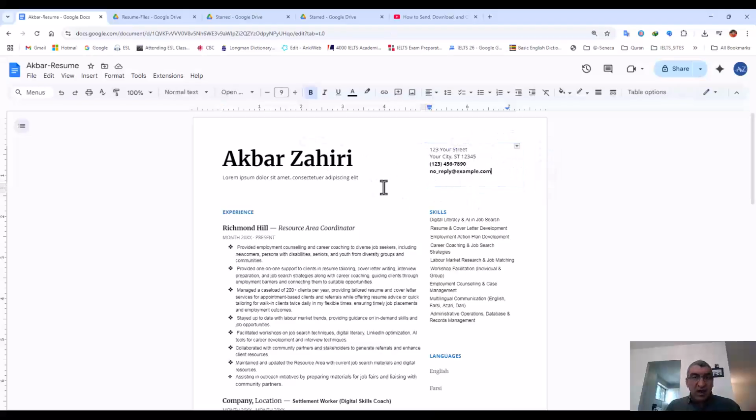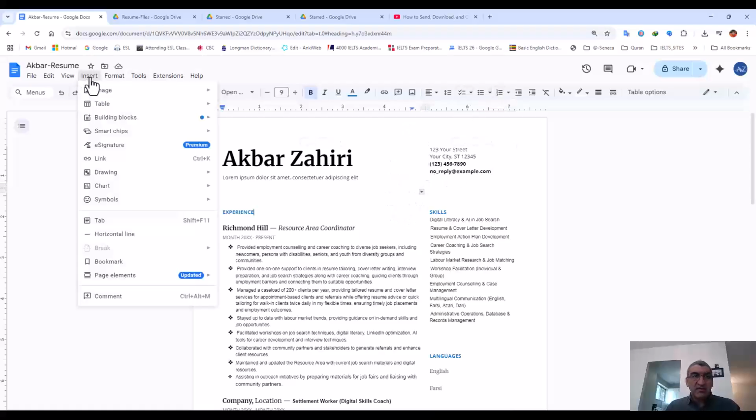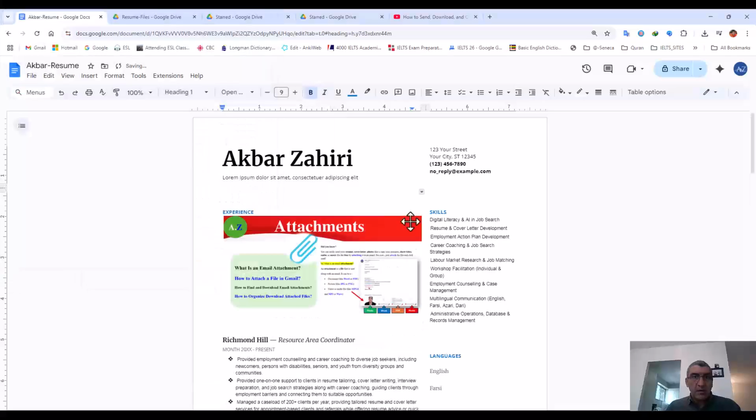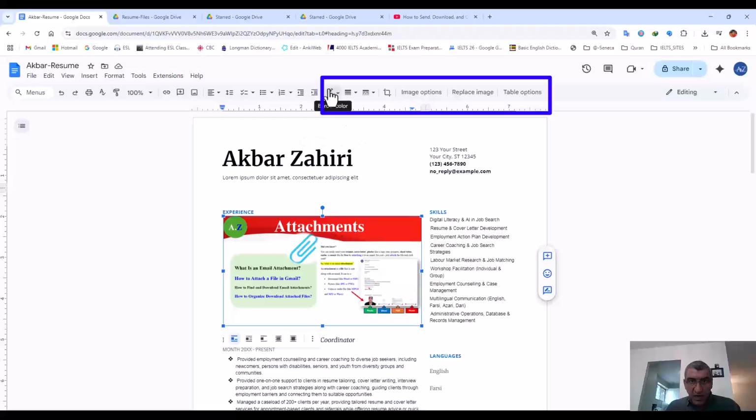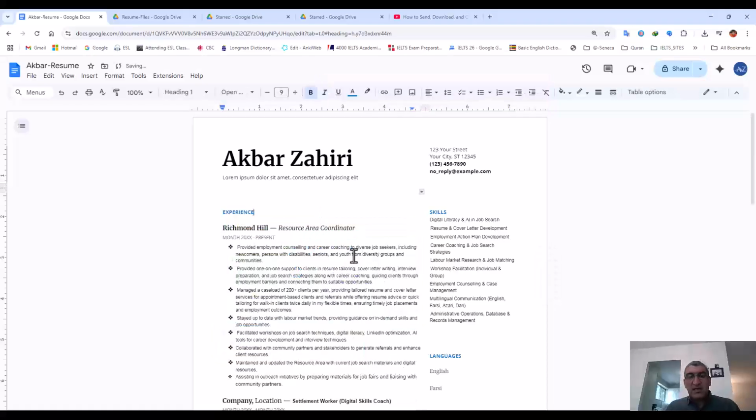Based on the file and the items that you have, you may have some extra options. If you remember, for example, if I put a picture here, upload from my computer. Now, if I double click on the picture, I will have some options for the picture to change it, you see, or here other items for the picture. So based on the items that you add here, you may have some extra necessary options and icons and items that you can work on this. I don't want, I click and